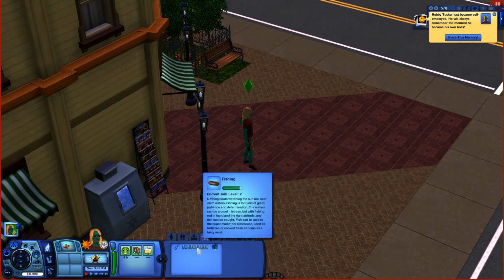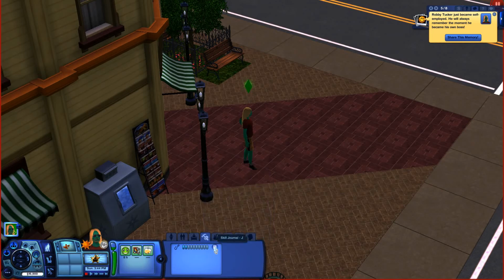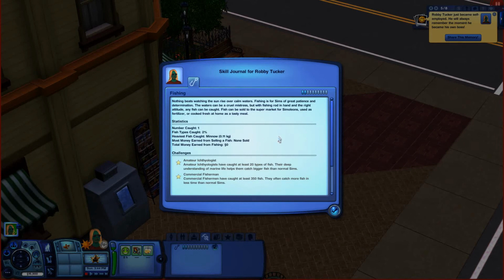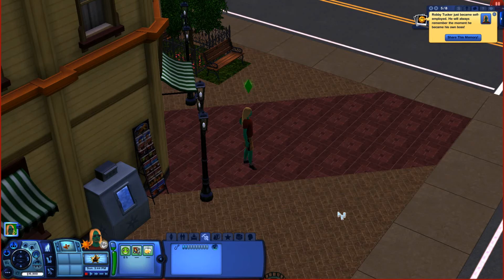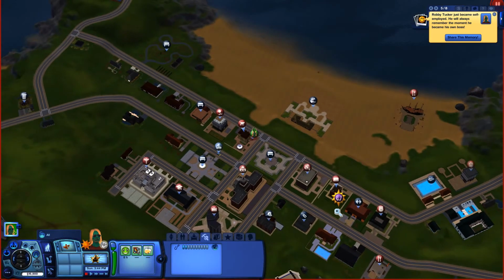And I'll go back down here to the bottom, and you'll see that I am now almost to level 3 in fishing, just from taking that one class. We'll check the skill journal momentarily. There's nothing new in it just yet. We'll close that out. I'll go back to the world map,